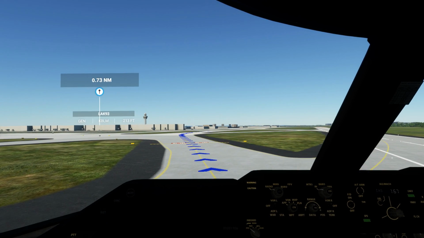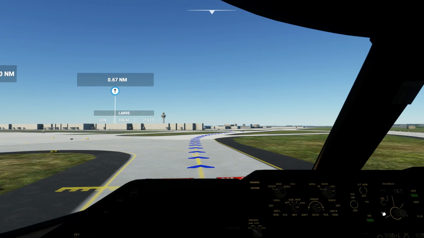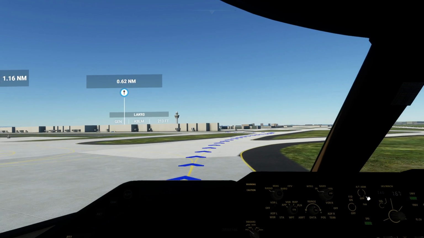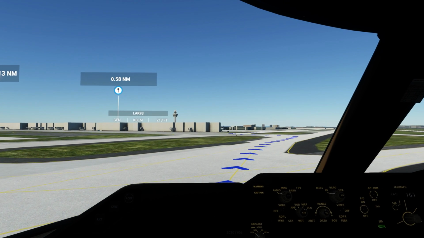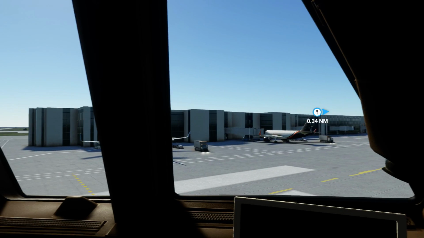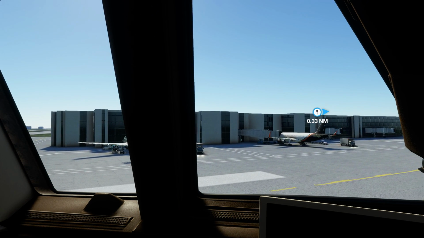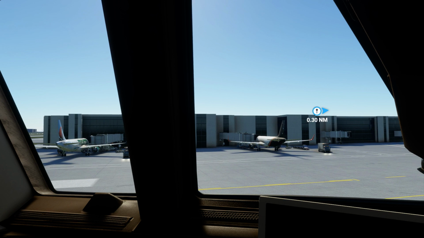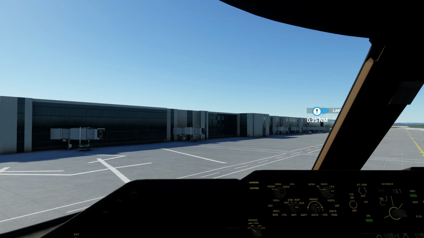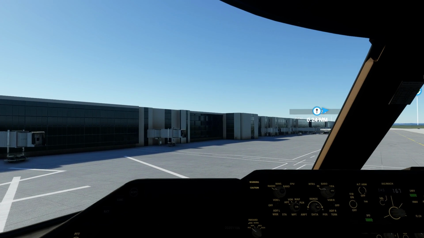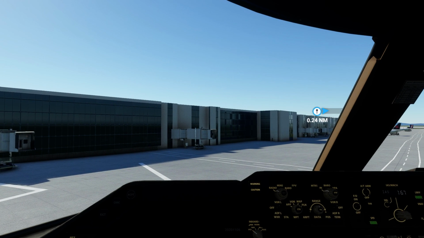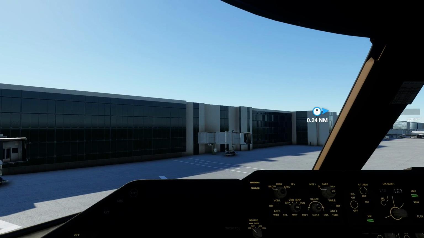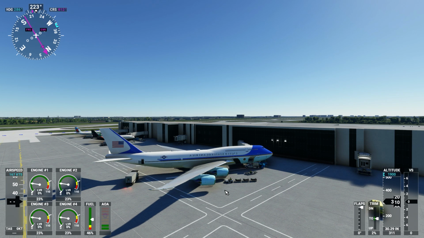That was actually a pretty good landing. The big thing you got to remember is to take that auto throttle off. Thank you very much for joining me on this flight to Dulles Airport. Hope you get some pointers on how